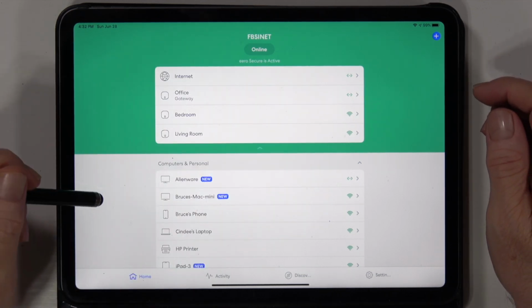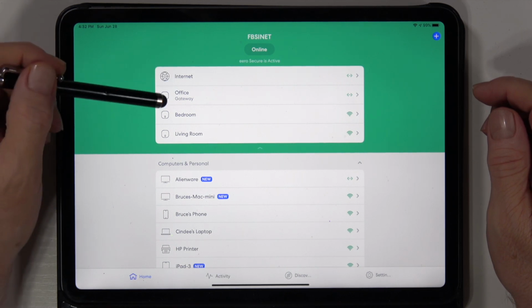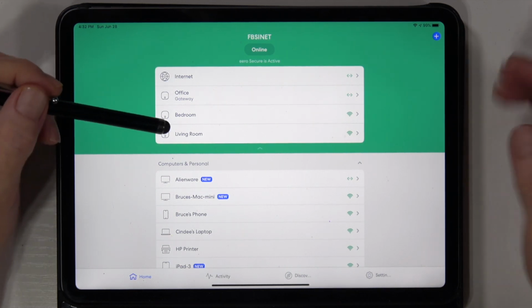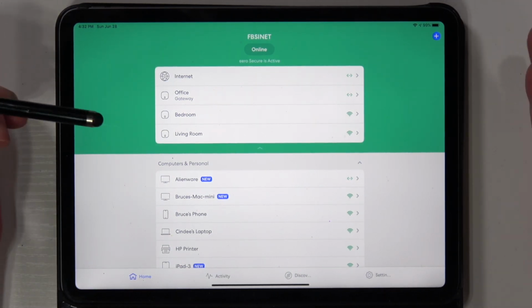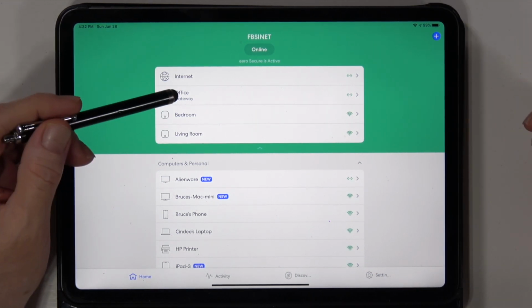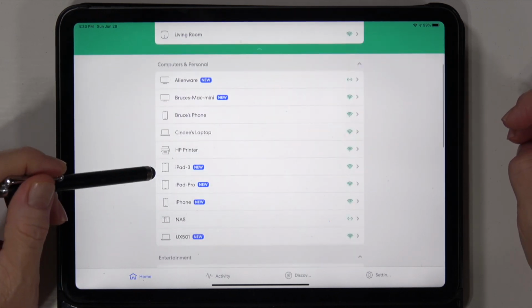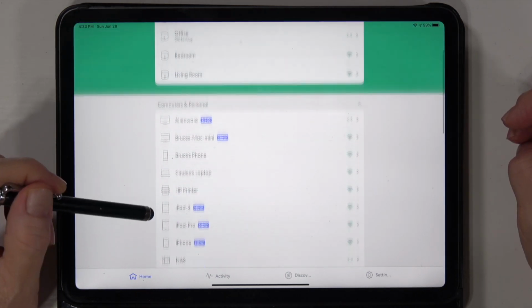This is the home screen of the app. It tells me that the network's online. Shows me on the internet, my 3 different nodes, I guess. I don't know if they're going to call them a router, but I have 3 different nodes, one in the office, bedroom, living room. Then I can see at a glance all the connected devices, and it breaks it down